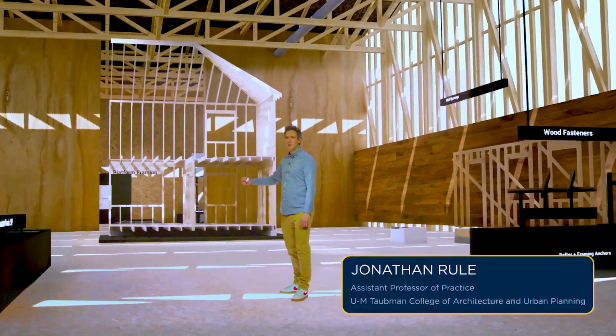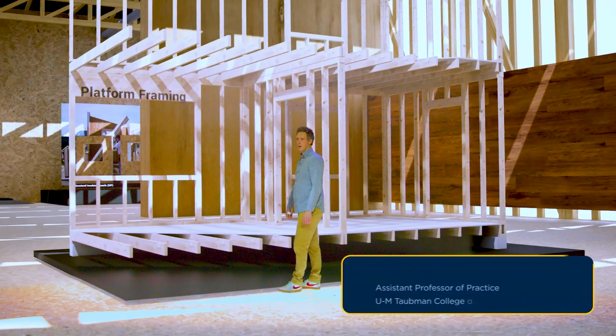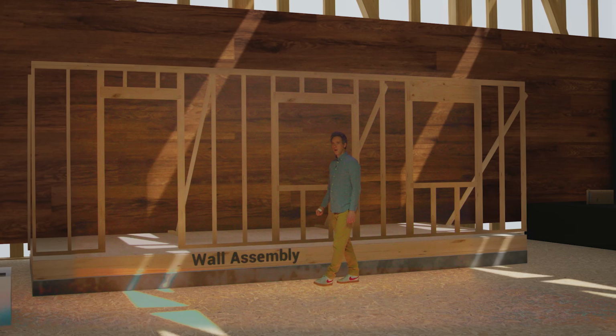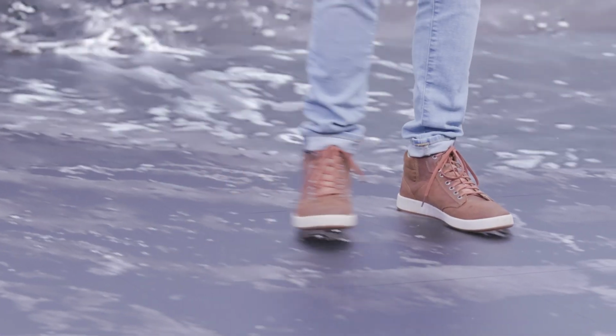So behind me is an example of light frame wood construction, also known as stick framing, to build floors, walls, and ceilings. Where openings are present,